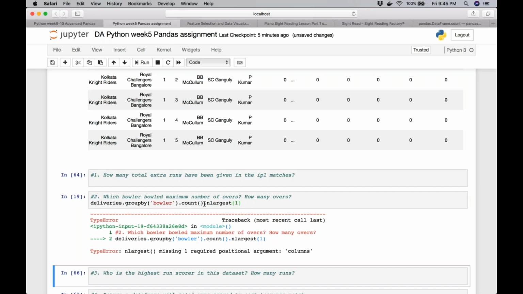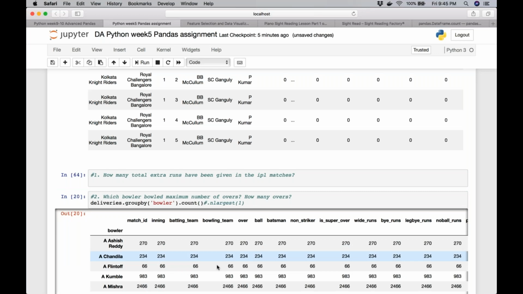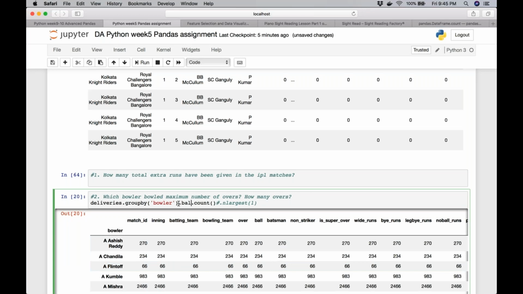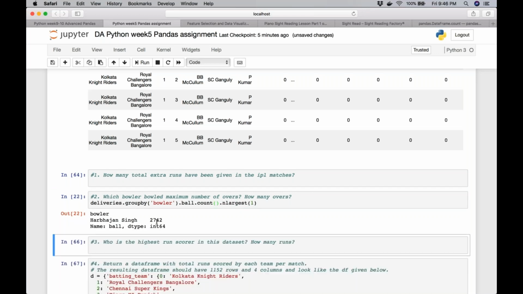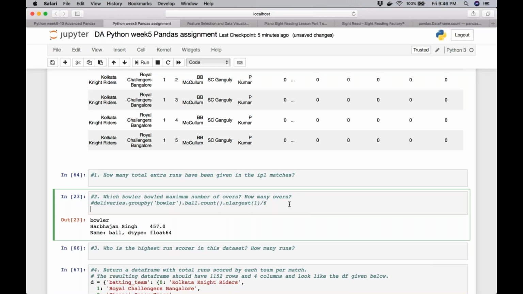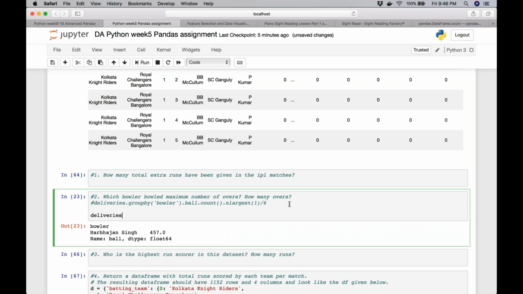Because we are doing the count, it doesn't matter which column, let me just pick a column to make it easy. And largest will give me this, and then divide by 6 will give me the answer. Okay, this is one approach. It won't be a very precise answer, but it's a fair approach at the same time.